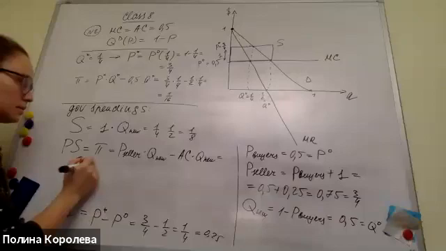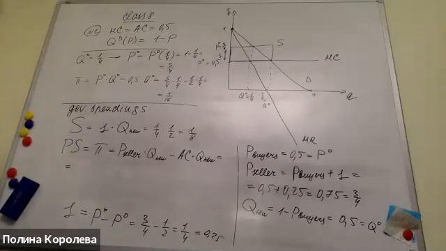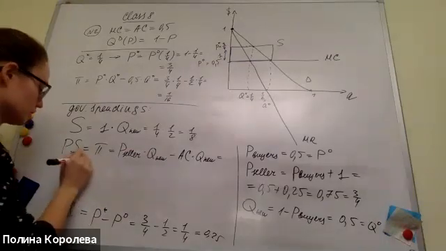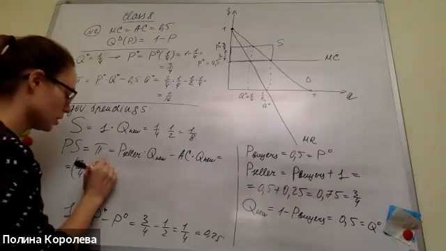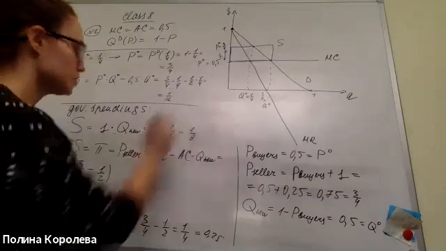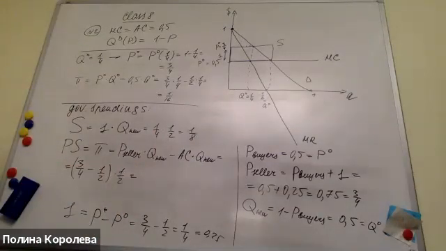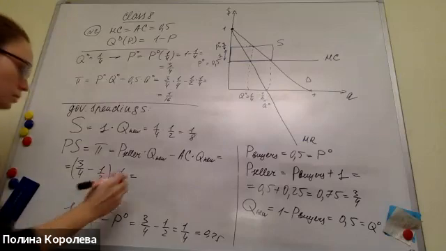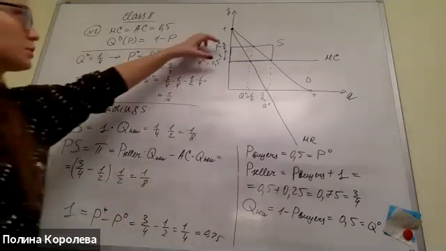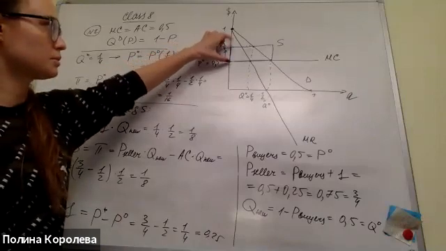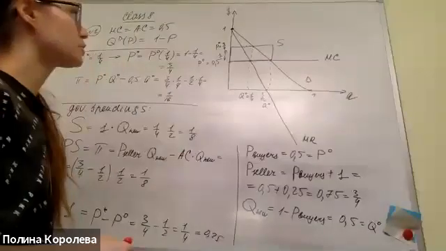Let's count. This will be 3/4 minus 1/2 multiplied by the new quantity, 1/2. And you see that this is also 1/8. It is the difference between the price and costs multiplied by the quantity that it will sell. So all the profit of the monopolist